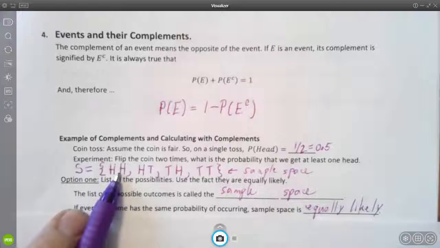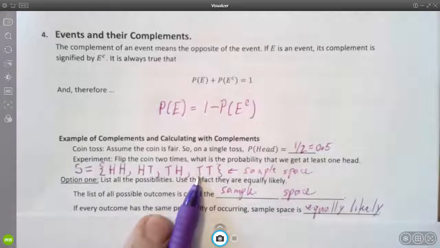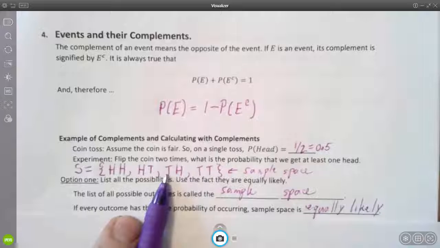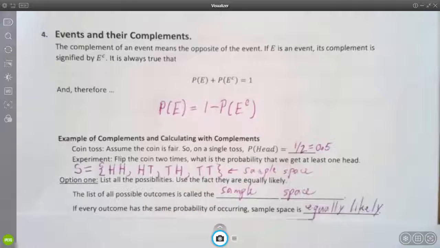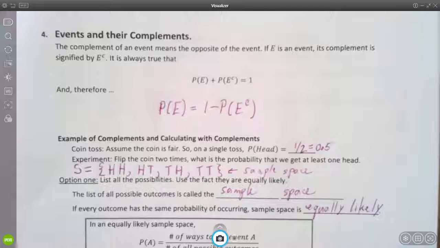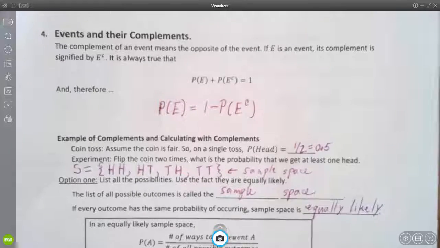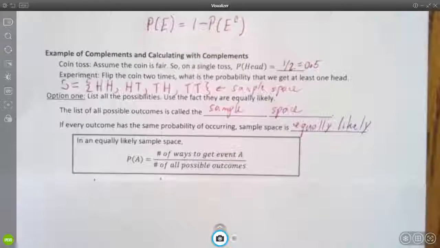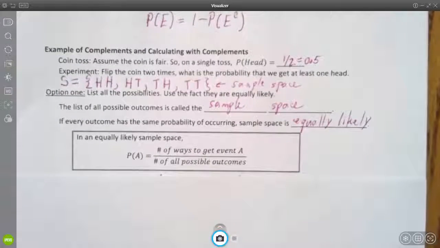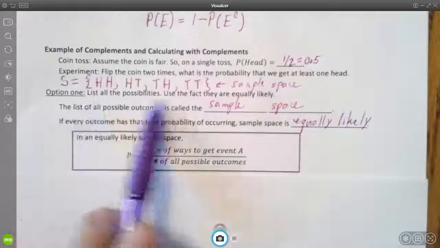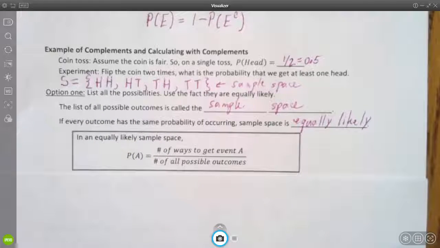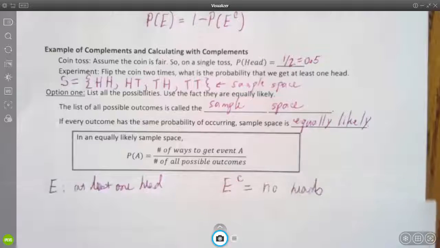A pair of heads, say, is just as likely as a pair of tails, and that's just as likely as getting a tail first, followed by a head. In an equally likely sample space, the probability of an event A is simply the number of ways to get the event A in the sample space, divided by the number of things that's in the sample space, or the number of all possible outcomes in the sample space. So in this particular case,